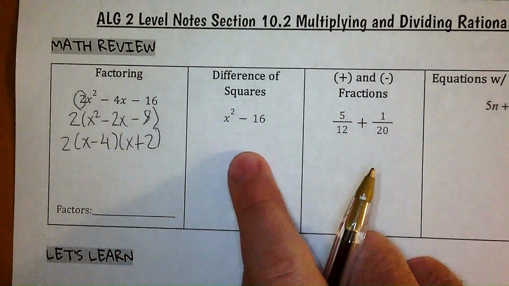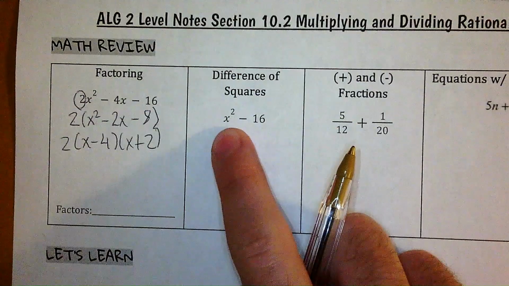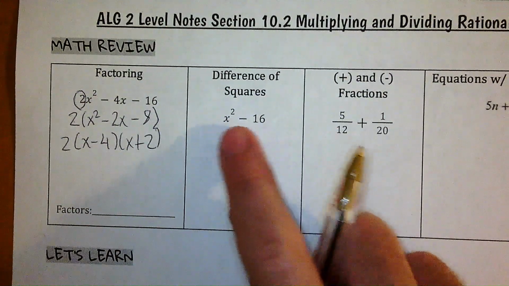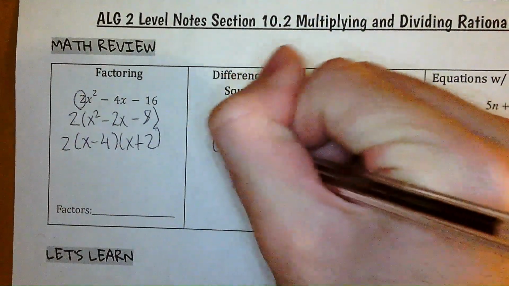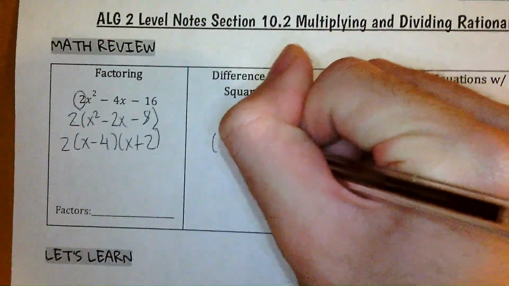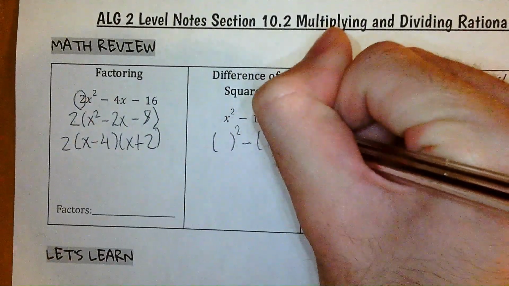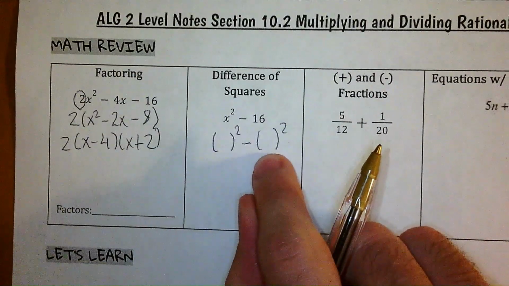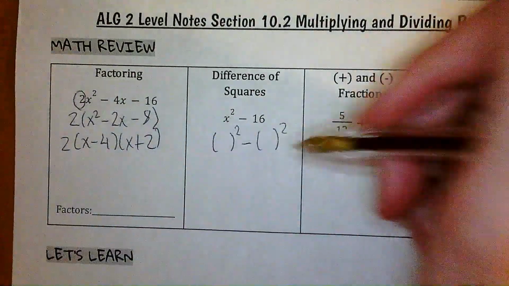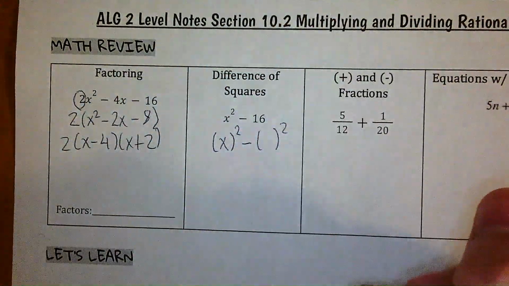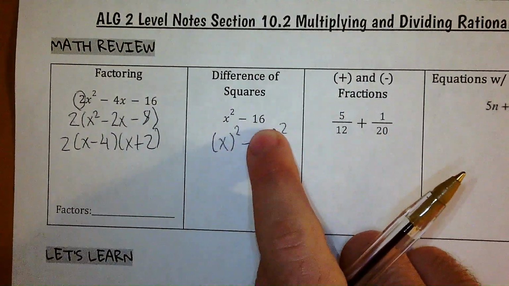Here for the difference of squares. So here we're going to look for what quantity we can square to get each of these things. So something is squared and then minus something else squared. To get x squared, of course, we can square just x. And then to get 16, we will square